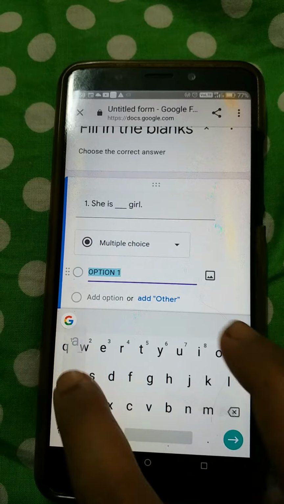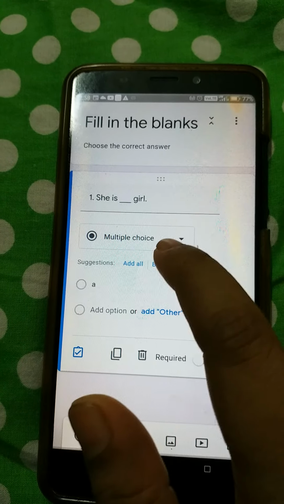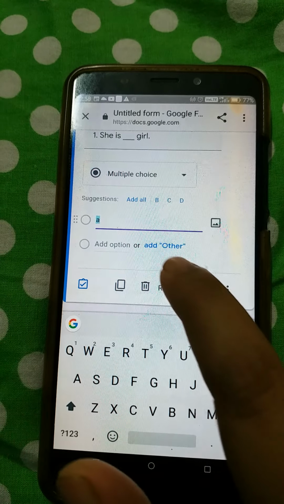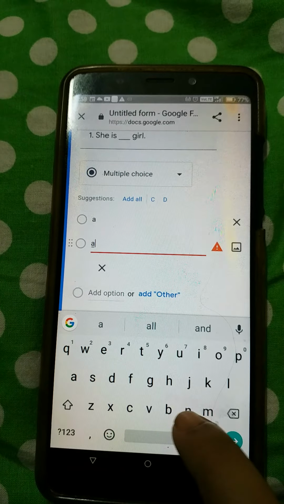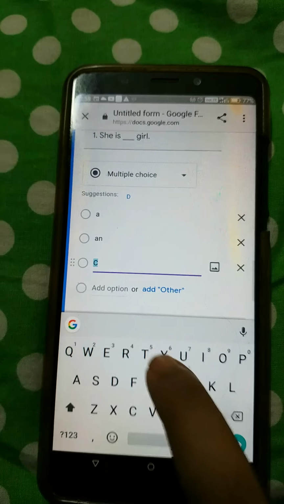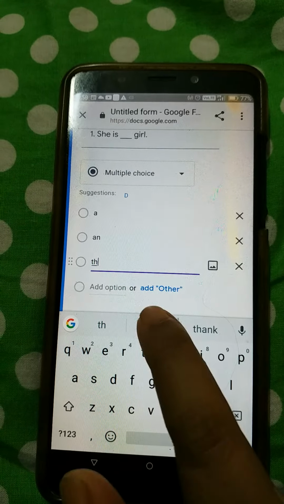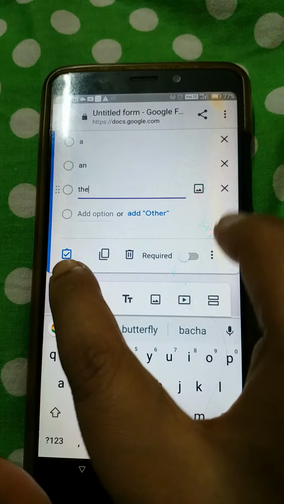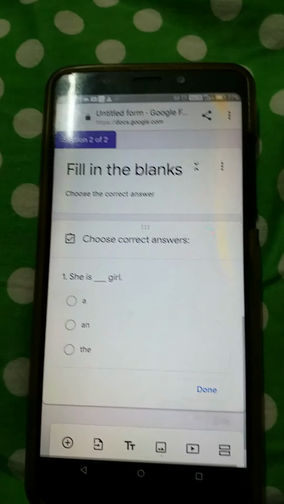In the options, option 1 I can give a, then in the second one I can give an, and in the third one I can give the. Got it?